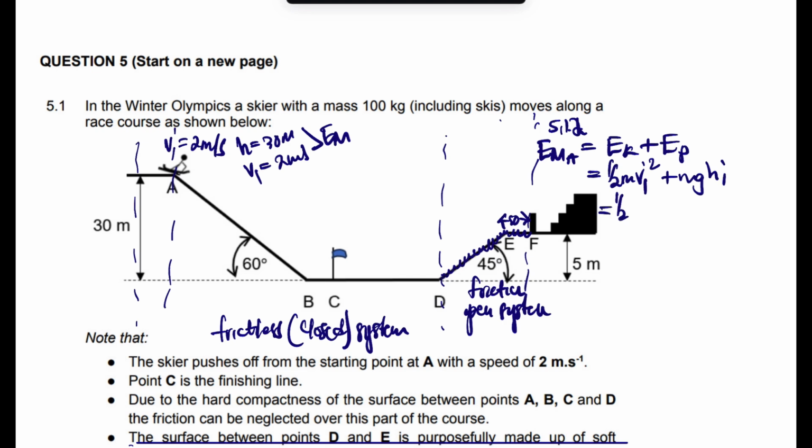So it's going to be: the mass is 100 times the velocity, 2 squared, plus 100, the mass, times 9.8, the acceleration, times the height, 30. So the answer there is going to be 29,600 joules. That's the mechanical energy at the top that is equal to the mechanical energy at the bottom,